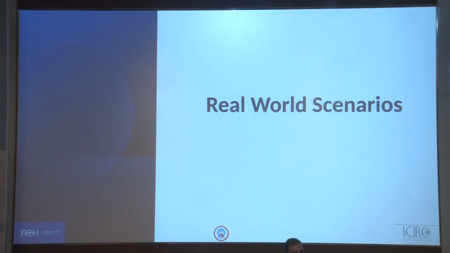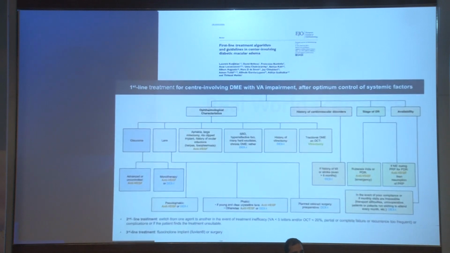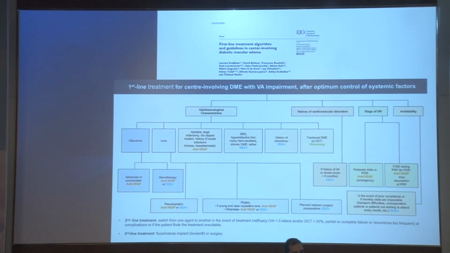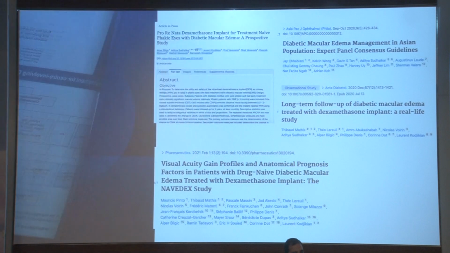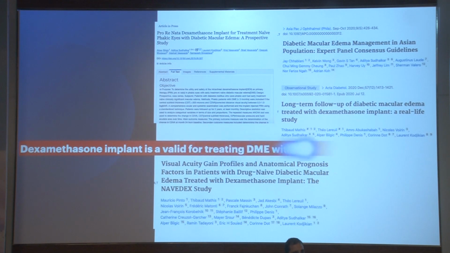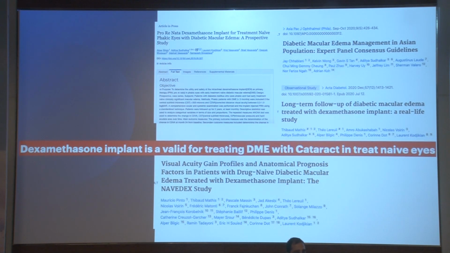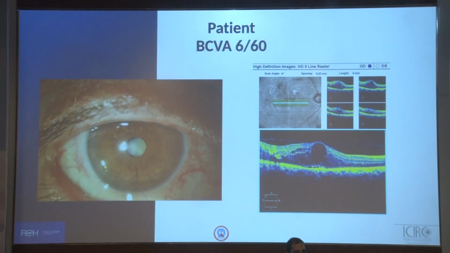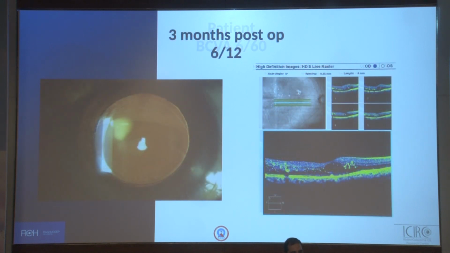Now we come to the real-world scenarios. Our team was involved in a multi-centric trial which concluded that the dexamethasone implant is a valid option for treating diabetic macular edema with cataract in treatment-naive eyes. Here is a gentleman who presented to us with an advanced cataract in his right eye and a big diabetic macular edema. He was subjected to cataract surgery with a dexamethasone implant, and at the end of 3 months,